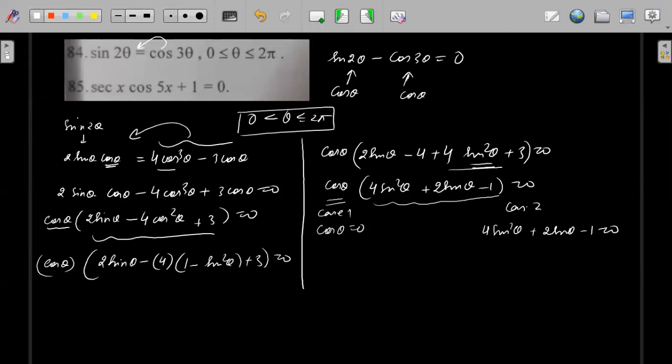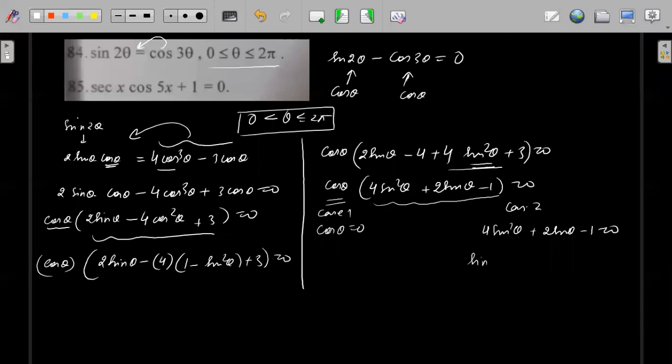The meaning of the condition given, I will just check. So the condition given is, I think, you have to find the number of roots, I guess, because the condition given will be to find the number of roots between 0 to 2 pi. Otherwise there is no point. Fine. So let's solve this one first.